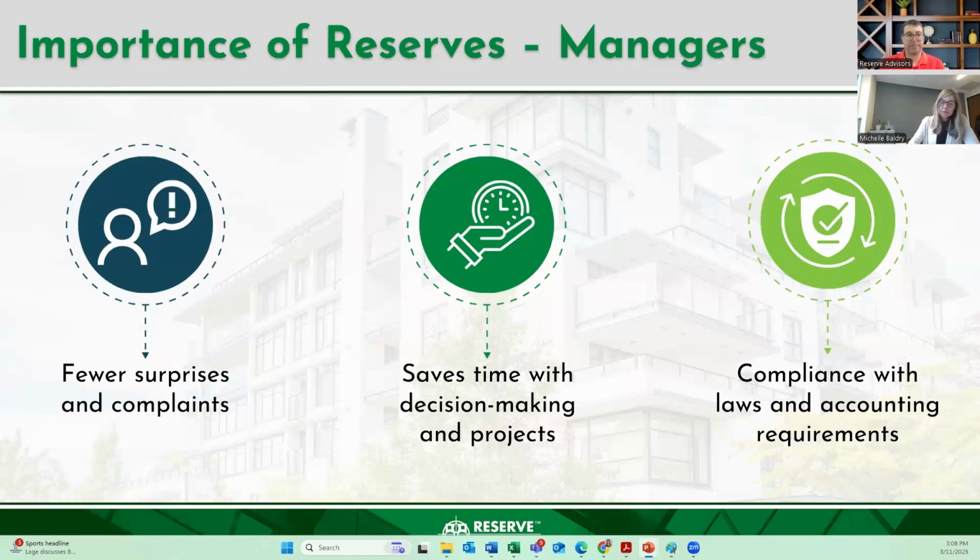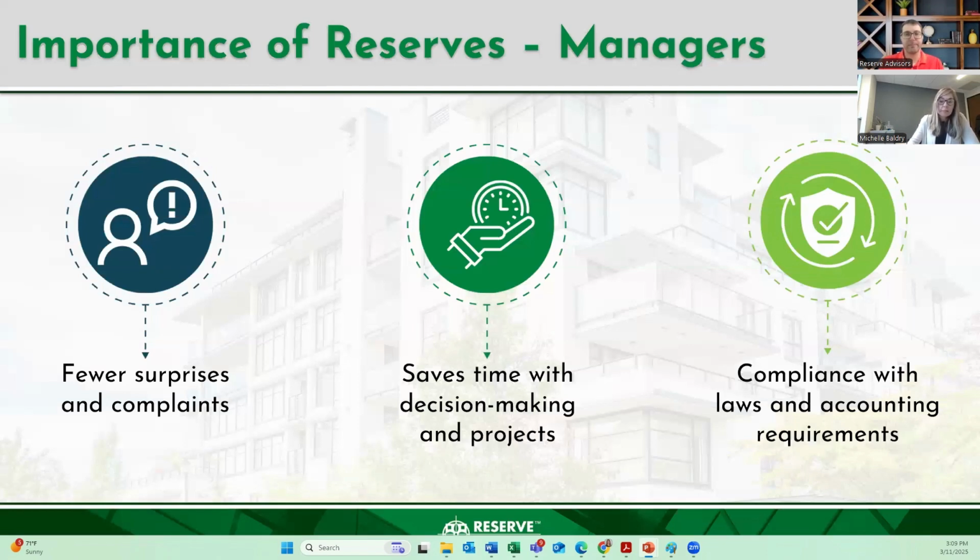And of course, compliance. We're seeing more and more states enact legislation and more eyes on reserves than ever before. It's not uncommon for us now to receive calls directly from homeowners that maybe have their unit listed on the market, they get a potential buyer lined up, they have the contract executed, then all of a sudden in the 11th hour, the mortgage company for that prospective buyer says they need a copy of the reserve study, and this association's never had a reserve study. So it leaves the current owner scrambling, trying to come up with a reserve study to satisfy this buyer. It's becoming more and more commonplace for eyes to be on reserves and proper funding.